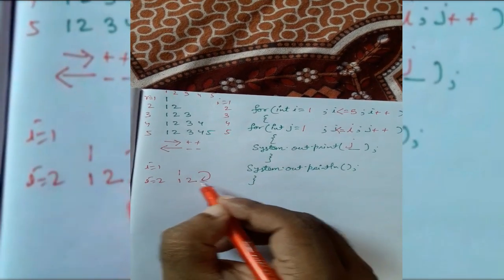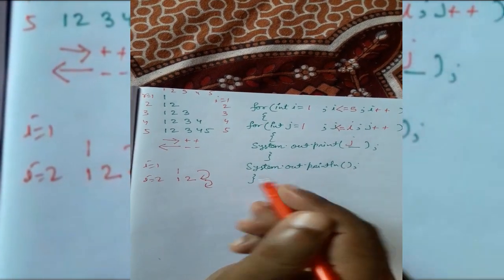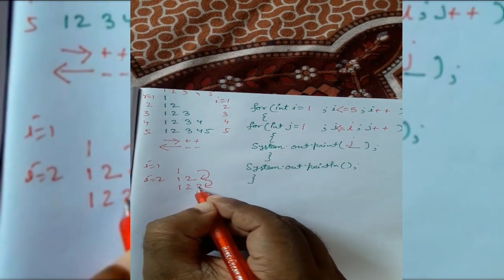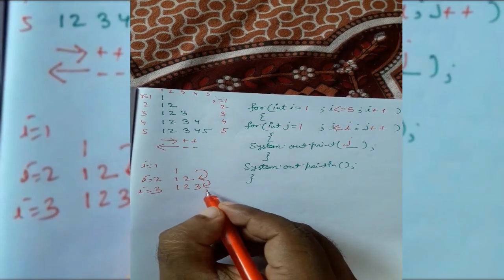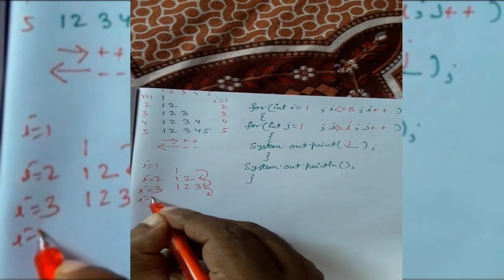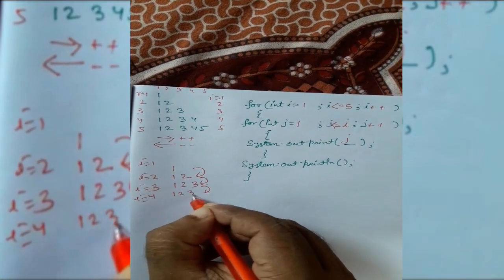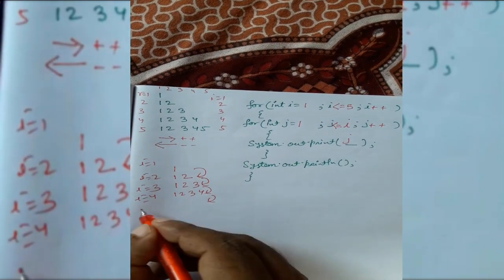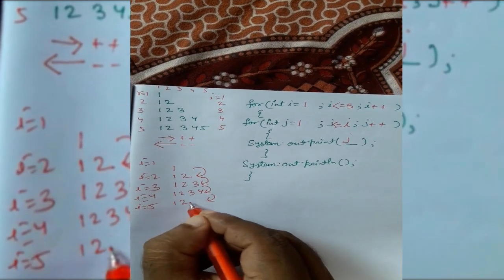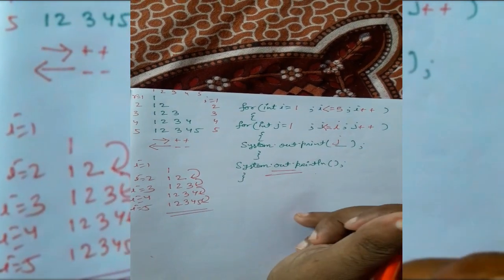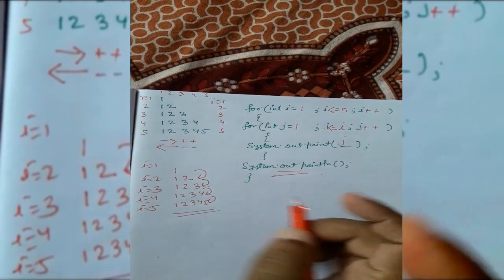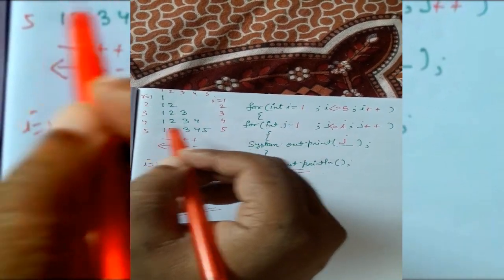Similarly, after printing 1 2, it will come to the next line. Here it will print 1 2 3 because I is 3, so up to 3 it will execute. Next line, I is 4, it will print 1 2 3 4. Next line, I is 5, it will print 1 2 3 4 5. That's why we are using println. That is the formula to print 1, 1 2, 1 2 3, 1 2 3 4,